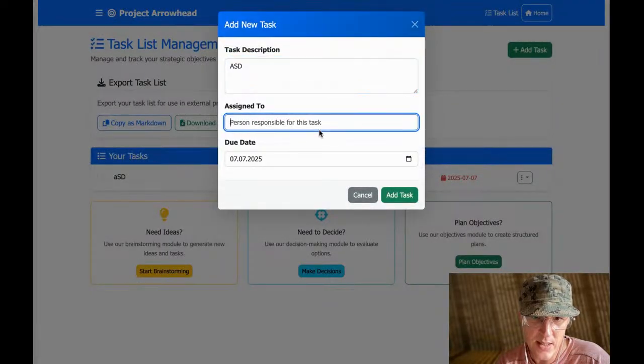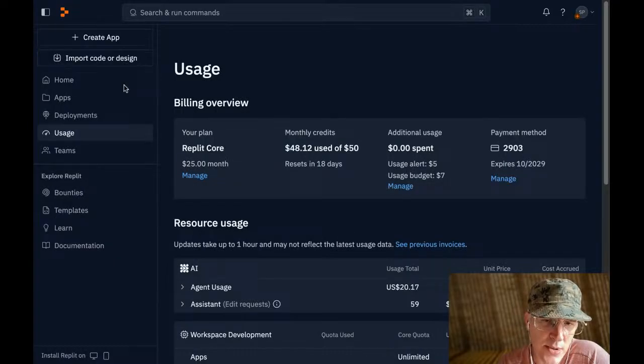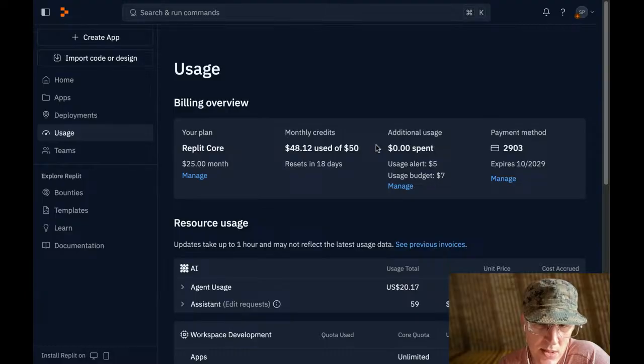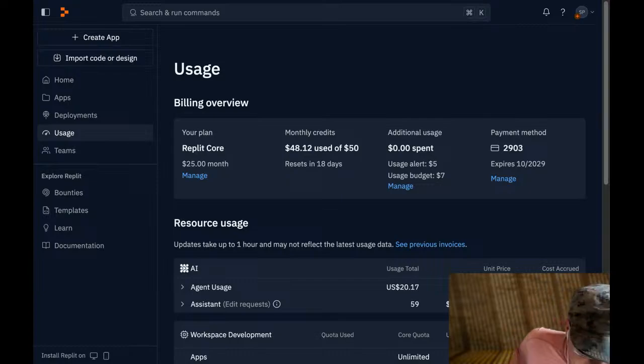And so when we used Replit, basically it was one prompt. I used one prompt and it built the whole page for me. And it also used a lot of the money. But the original question, let's just answer it before we move forward. What's the difference between using Replit